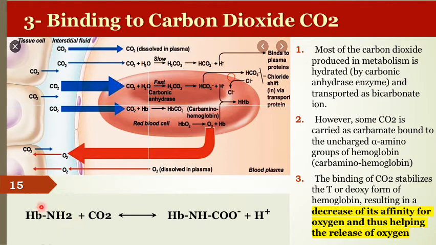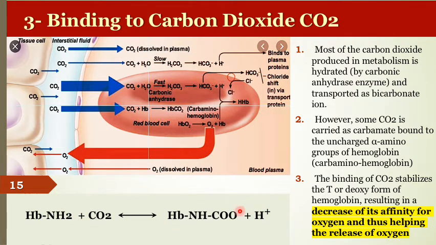Less than 5% of carbon dioxide will bind the amino group of hemoglobin. Is there any free amino group? Of course. We have amino groups attached to the polypeptide chain of hemoglobin, and free amino groups of the basic amino acids. Carbon dioxide will bind to the amino group to form this structure. This is hemoglobin. Hb is the abbreviation of hemoglobin. NH, this is the amino group. COO minus, negative charge, and hydrogen ion. Where does the hydrogen ion come from? It is liberated from the second hydrogen of the amino group.